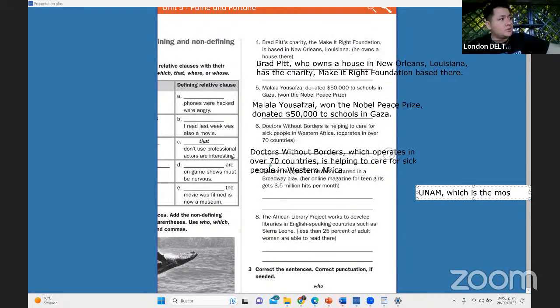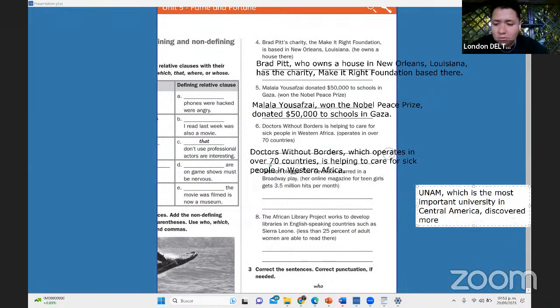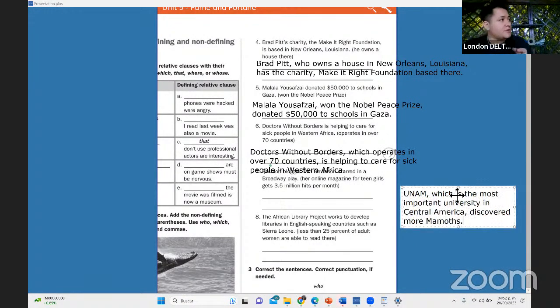the most important university in Central America, discovered more mammoths. Mammoths son los mamuts. Okay, so we're going to make something similar about the organization where you work. No sé, digamos que trabajas en, I don't know, could be Bayer, right? Sorry. So you could say, Bayer,